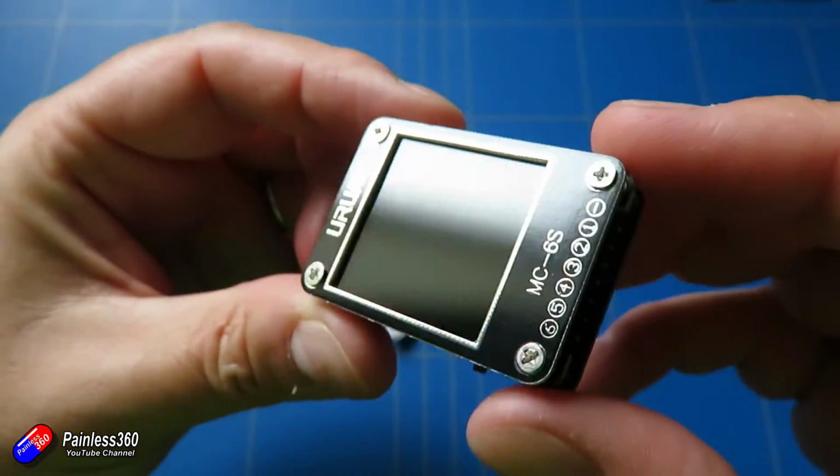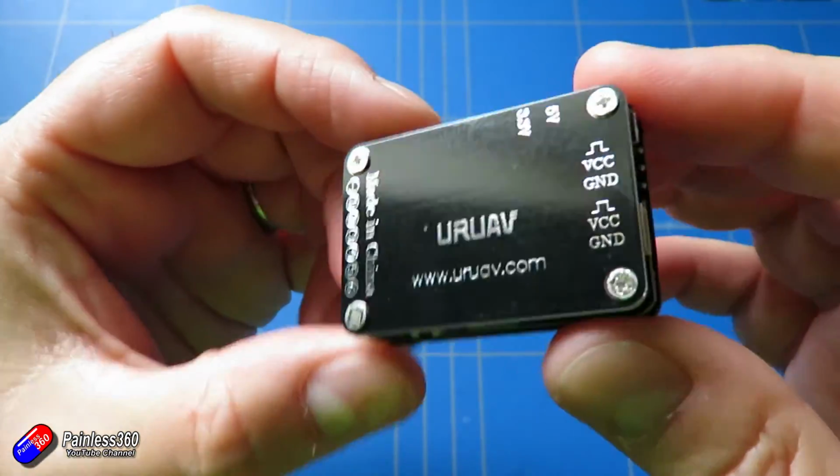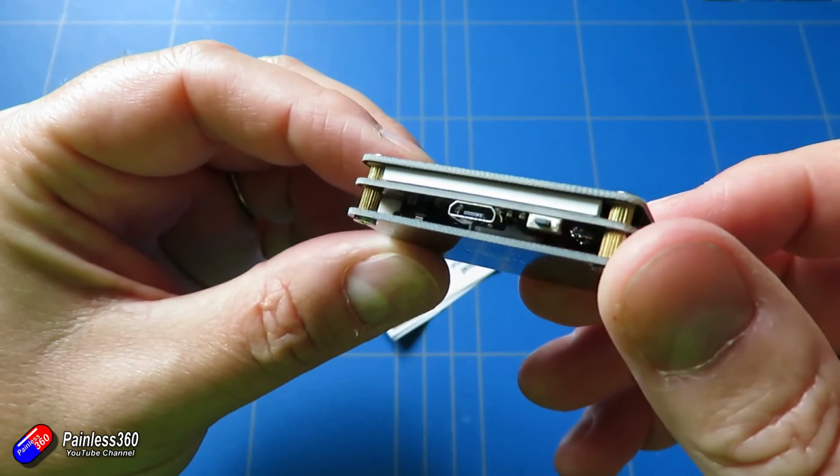Now looking around this thing, there are actually an awful lot of ports here, as well as having the connection for the balance tap for the battery monitoring. They've got the 3 pins that you plug in the receiver. There's also some other connections too, and those other connections are USB ports, and those USB ports are great because